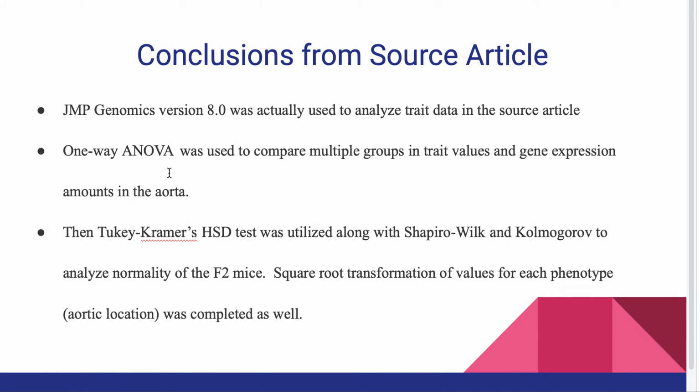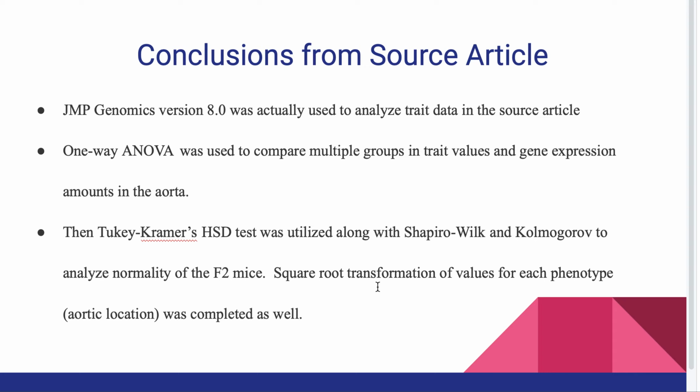So the conclusions from our source article, I wanted to discuss quickly that JMP Genomics version 8.0 was actually used to analyze the trait data in the source article. And one-way analysis of variance was used to compare multiple groups in trait values and gene expression amounts in the aorta. Then they used Tukey-Kramer HSD test in JMP Genomics 8.0 along with Shapiro-Wilk and Kolmogorov to analyze the normality